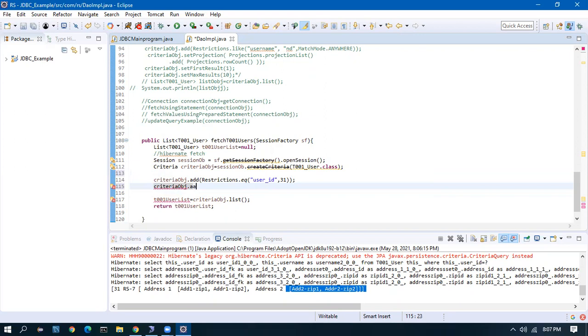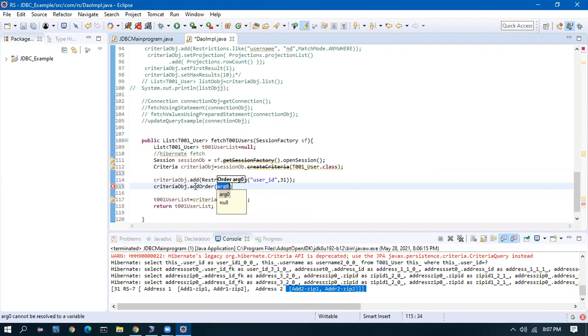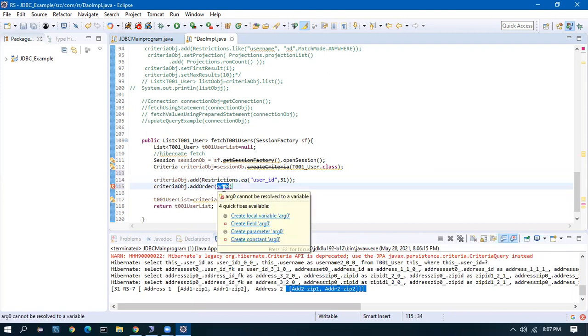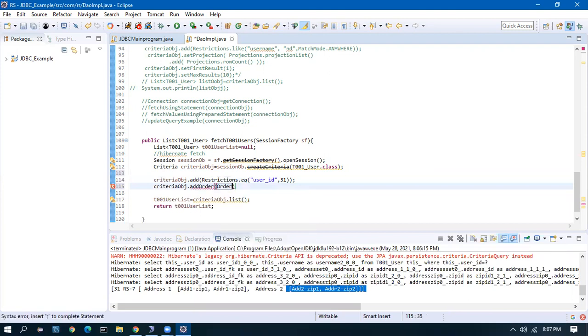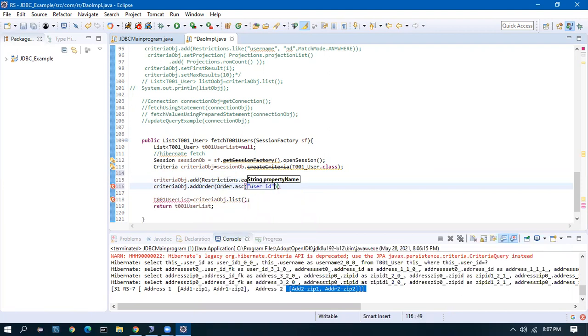Let me add an order. I want to order by add order, but of course only one record is there, so this is not going to make any big difference. Order dot ascending. So just so you know how to order it. If we give this, it's going to generate an order query.